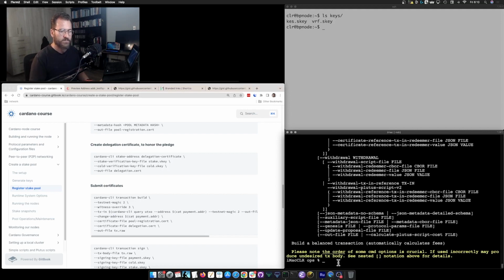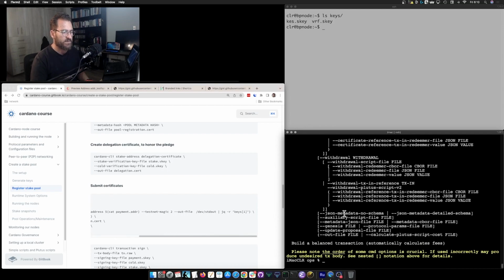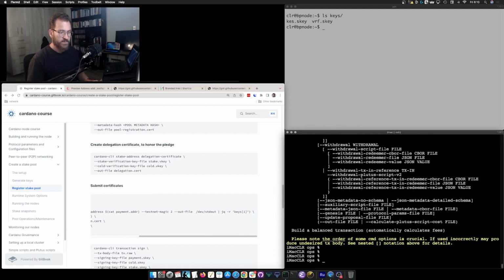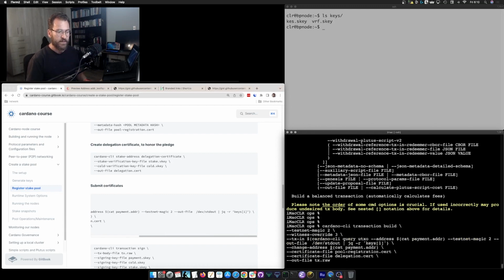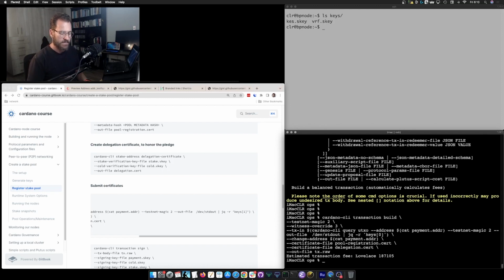raw file. So it is complaining about something. I know what it is. So let me just fix that very quickly. It is reading from here and it should be there. Nice. So I'm gonna fix this one. It should be key 0 because there's only one UTXO here. So now I can copy tx.raw